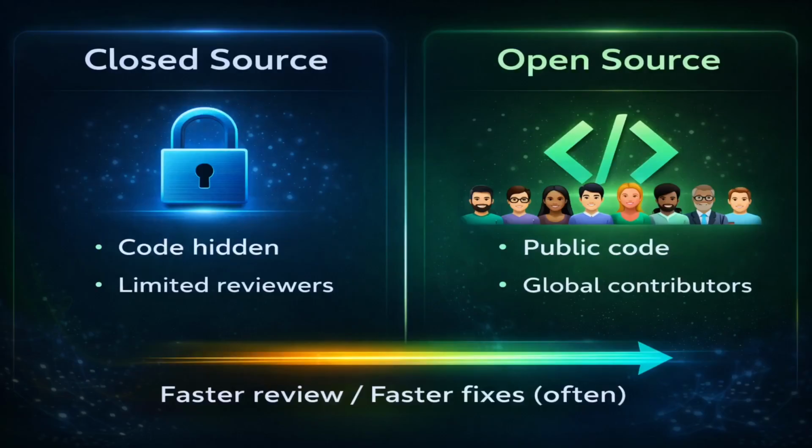Now, the next big idea: Linux is open source. That means the code is open. People can inspect it, improve it, and build their own versions. In a closed system, code is hidden. In Linux, it's transparent. And because many developers review it, bugs and security issues are often found and fixed faster. That's one of the reasons Linux is often considered reliable and secure, especially when systems are configured correctly.